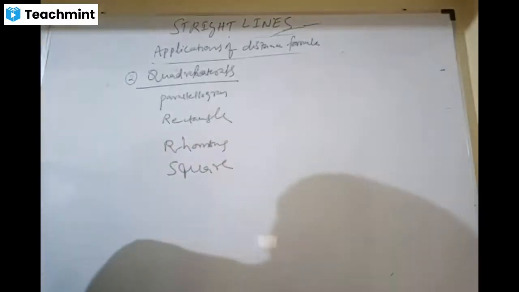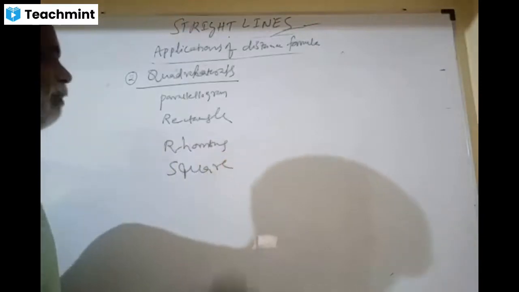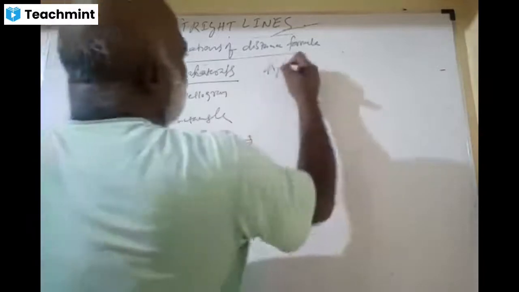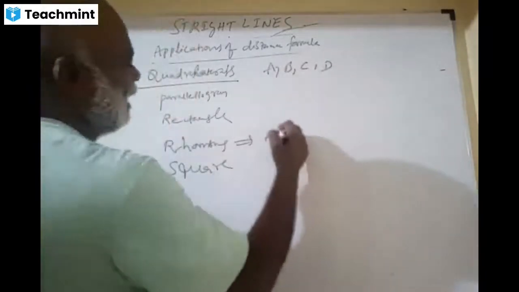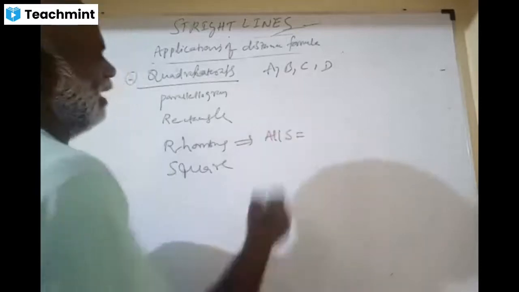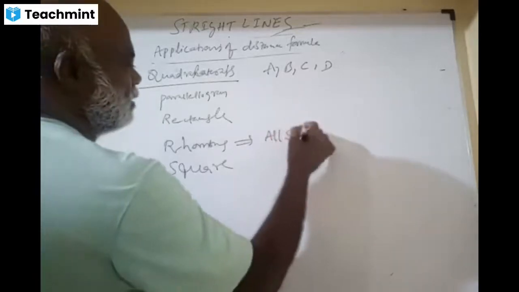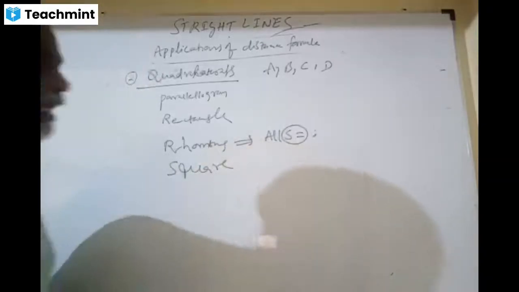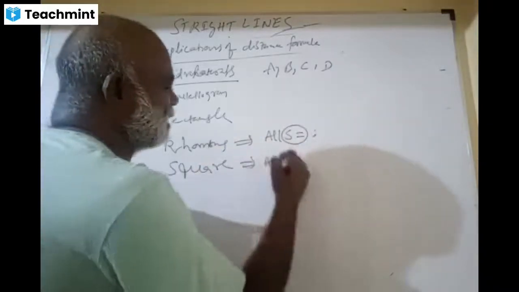Come on. What is the condition for a rhombus, Kavi? Please tell me. A, B, C, D, all the four sides are equal. Yes, all sides are equal. Okay, I'm making it a simple form. Here also all sides are equal, ma'am. Please come on.